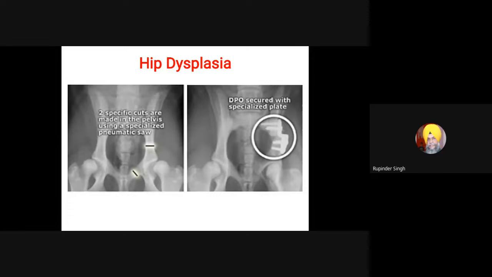Our intention is, as you can see, the joint is better fitting on the right side as compared to the left side. The right side image is after surgery, and the joint is better fitting. The femur head and acetabulum are showing a better fit. So we make a cut, we manipulate the bone a little bit so that the angle of the bones may be moved in such a direction so that the joint fits better.